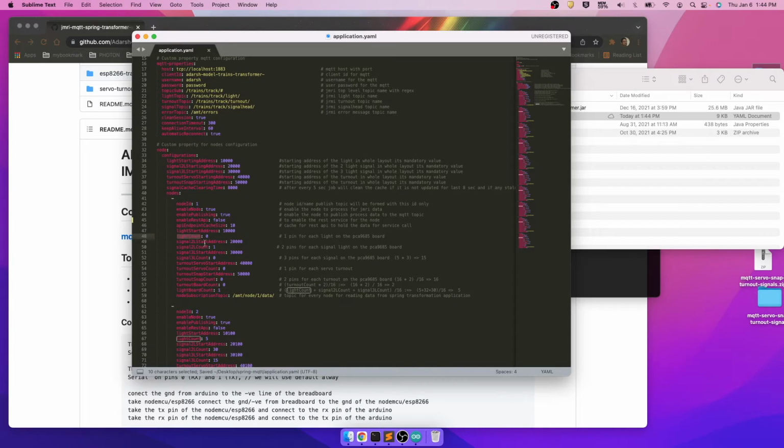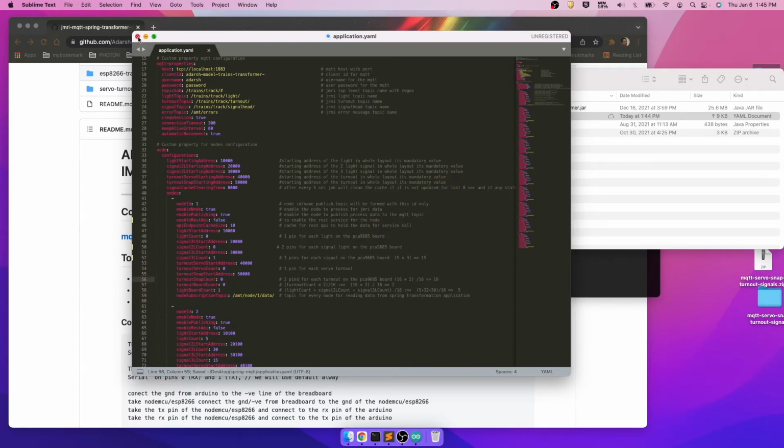And light count is 0, 2 LED count signal is 0, 3 LED count signal I want 1, servo turnout count 0, snap turnout count 0, total turnout board is 0, and light board is 1, and it will publish data to AMT node 1 data. So we are good with our configuration now.